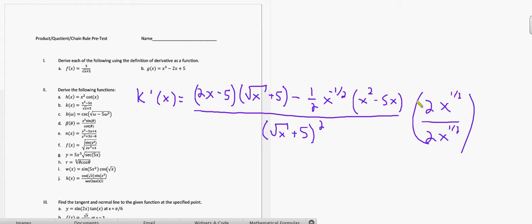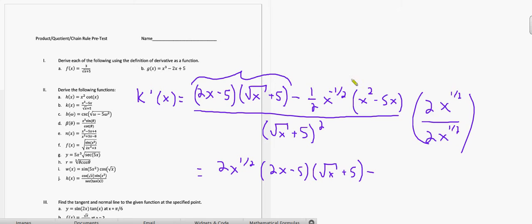All right, and that's going to cancel out this 1/2 x to the negative 1/2. So our final answer is really going to be, now 2x to the 1/2, we multiply it into this thing here, because this is all one big term. It's not going to really simplify with this root x, because you've got the plus 5 there and everything. I'm just going to write it up front. It's just going to be 2x to the 1/2 times 2x minus 5 times square root x plus 5